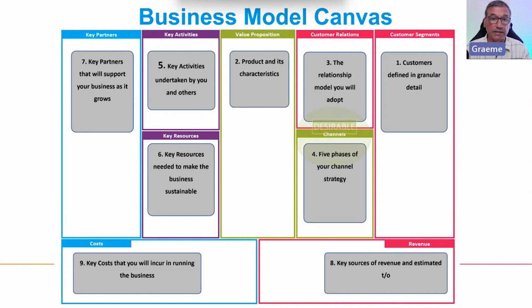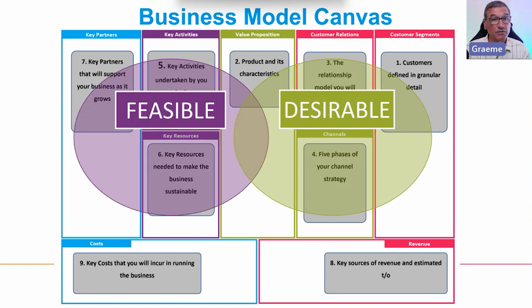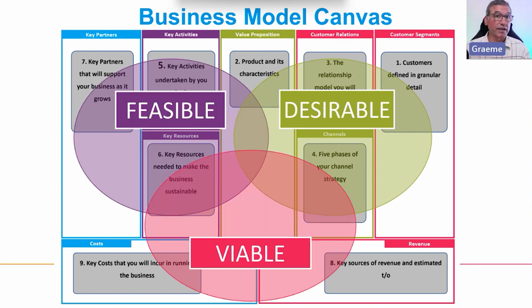If you get it right, you'll have a desirable business model that people want. You'll have a feasible business that you can actually run, and your accountant will love you because actually it's a viable ongoing concern. And when you're ready to exit and sell this business, you've got a good trading history, a competitive advantage over the opposition, and you've got a good, stable operational base for somebody to inherit and do even more with.